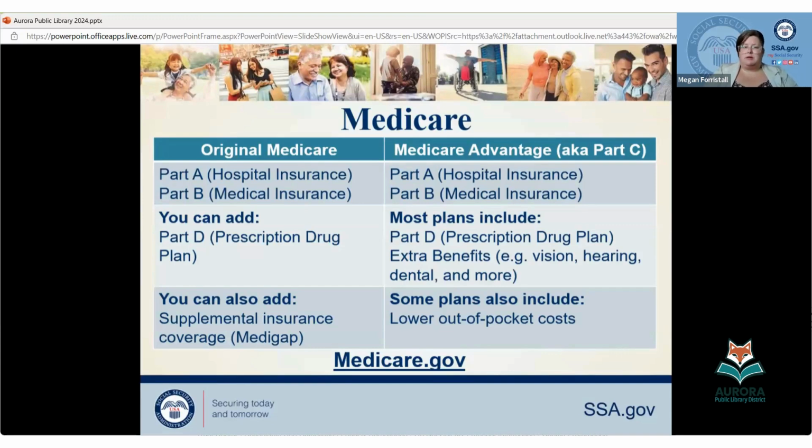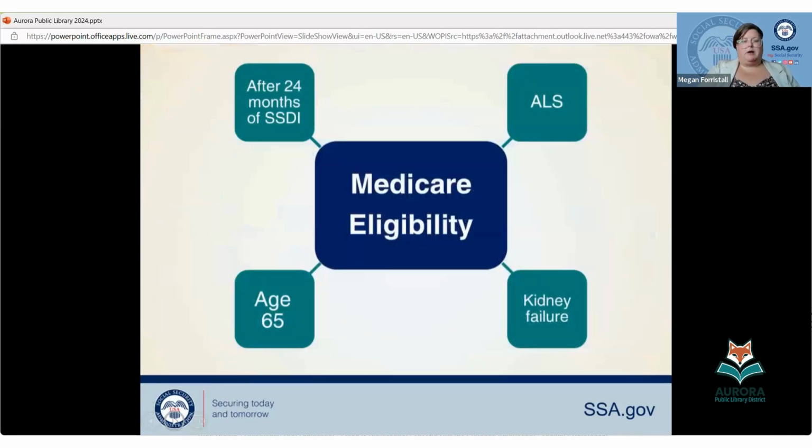In this situation, you still have to enroll in Part A and Part B through Social Security, but then the Medicare Advantage plan takes over everything else as far as billing. You don't contact Medicare, what they cover, all those things go through the Medicare Advantage plan. And they usually have a Part D plan alongside them. Some people like them because they might have vision, hearing, and dental, which are not covered that well through traditional Medicare. And we always refer people to Medicare.gov. So always .gov with us and Medicare and IRS, but Medicare.gov for all other things Medicare.